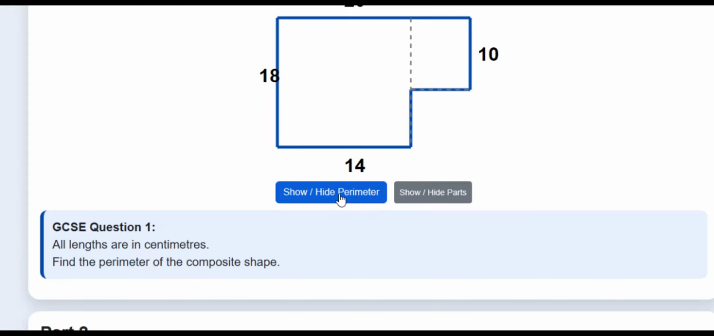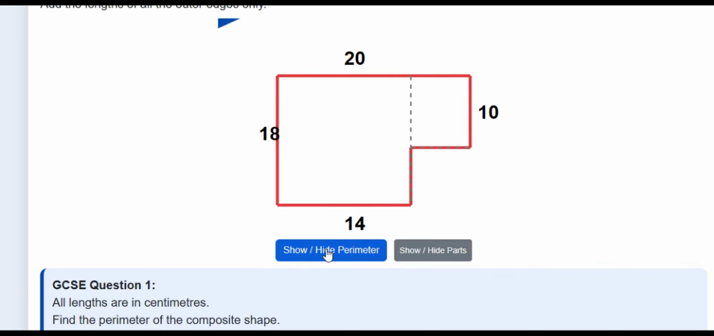The perimeter we are talking about here is the total distance outside this shape. As you can note, we will not add this distance here because it is not outside the shape, it is inside, so it is not part of the perimeter. So to get this perimeter, P